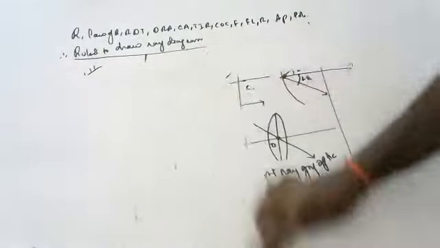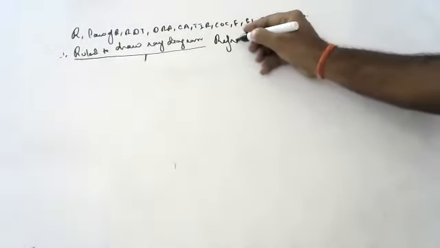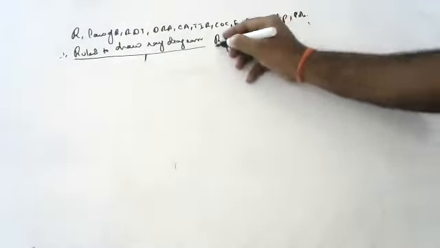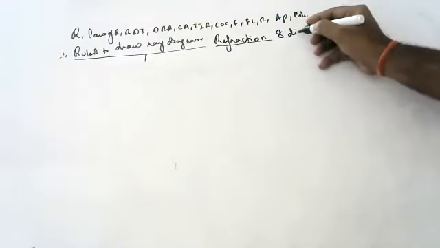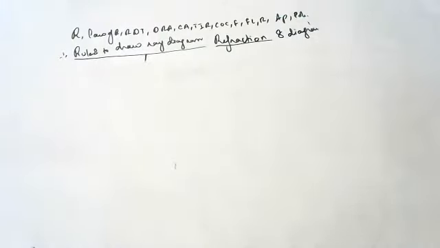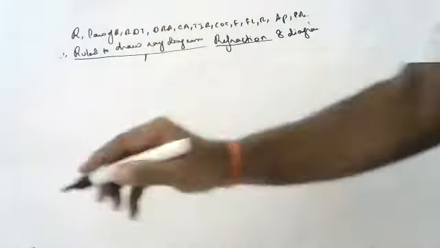Now we will draw ray diagrams. All the 8 ray diagrams we will draw, children. See here, first ray. In the refraction lesson, we have 8 ray diagrams, children. I'll teach you all 8 ray diagrams. All of you should learn and practice and send them to me, children. First ray diagram.